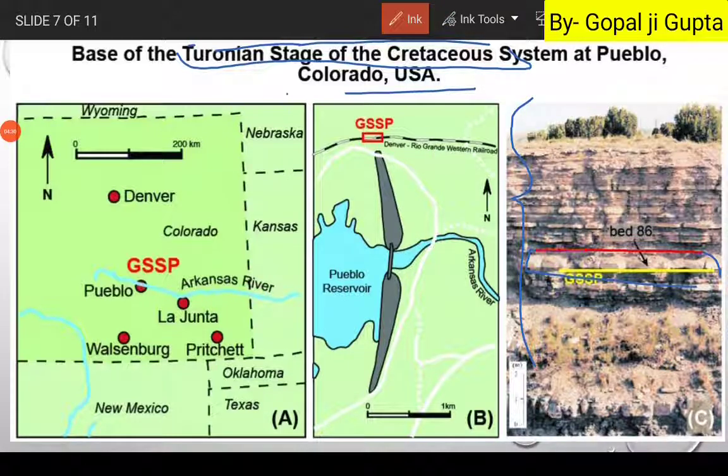This is the layer which can act as a reference for this section as well as for other sections all over the world. So we are calling it GSSP, Global Boundary Stratotype Section and Point. We will see other examples also. We will also see the Indian example of this GSSP.